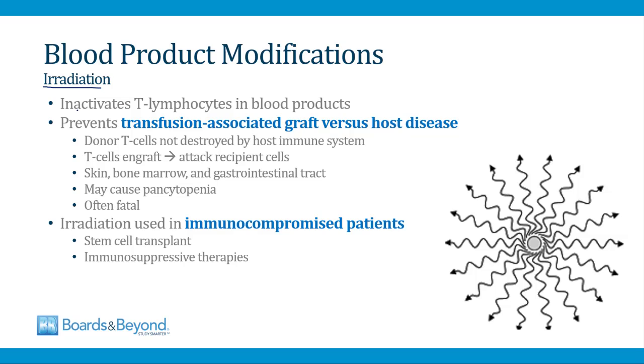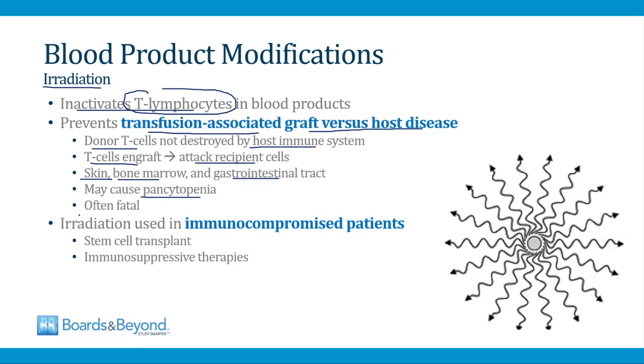Irradiation of blood products is done to inactivate T lymphocytes, and the reason this is necessary is to prevent transfusion-associated graft versus host disease. If you're transfusing some red cells and they contain some T lymphocytes from the donor, sometimes those donor T cells are not destroyed by the host immune system. When this happens, the T cells can engraft and attack recipient cells, and this is called transfusion-associated graft versus host disease. Some of the places the T cells can attack include the skin, the bone marrow, and the GI tract, and because they attack the bone marrow, they can cause pancytopenia,